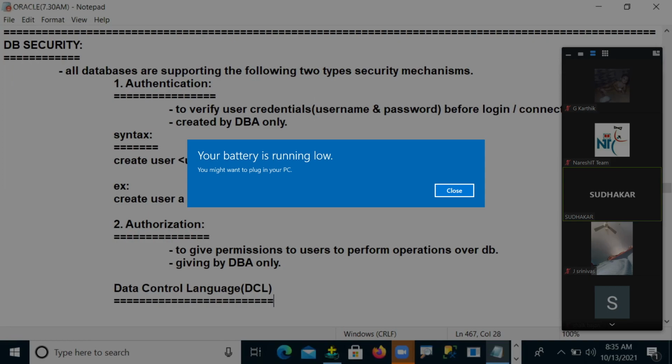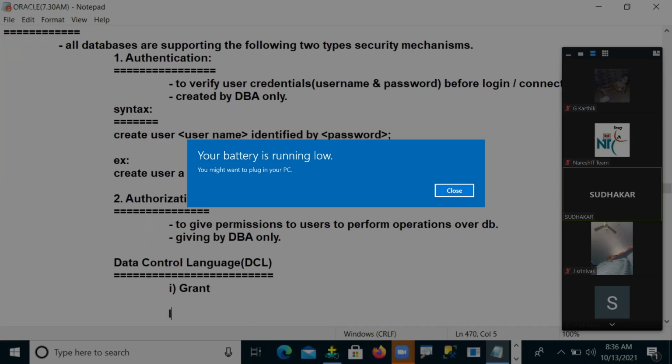Do you remember SQL has a total of 5 languages? We discussed DDL commands, DML commands, DRL commands, TCL language commands, and the final language is DCL, Data Control Language. With the help of these commands, administrators grant permissions to users. In this we have 2 commands. The first command is called grant, and the second is called revoke.